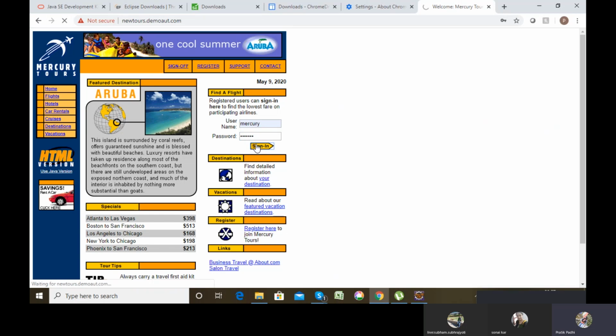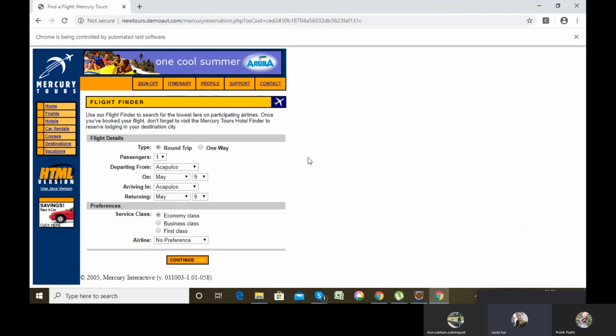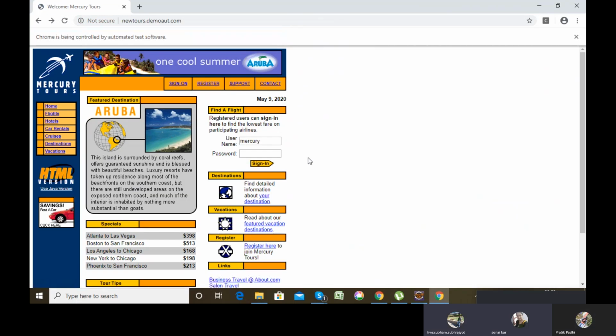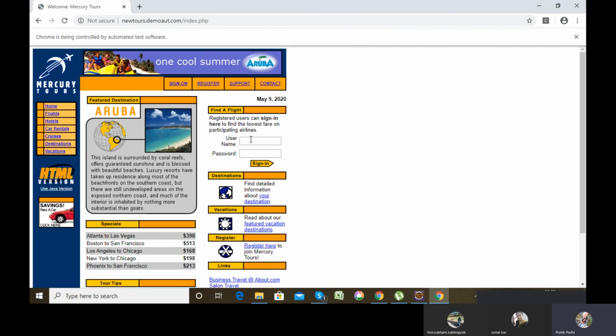Up to this we have written the code up to sign in. In the home assignment, after you log in into this particular site, which is a demo site, that's why we can go back even after login. If it is a genuine site, you cannot go back because there will be security blocking. It will ask again for user ID and password. It's a demo site, so that's why you are able to go back and forth from here.